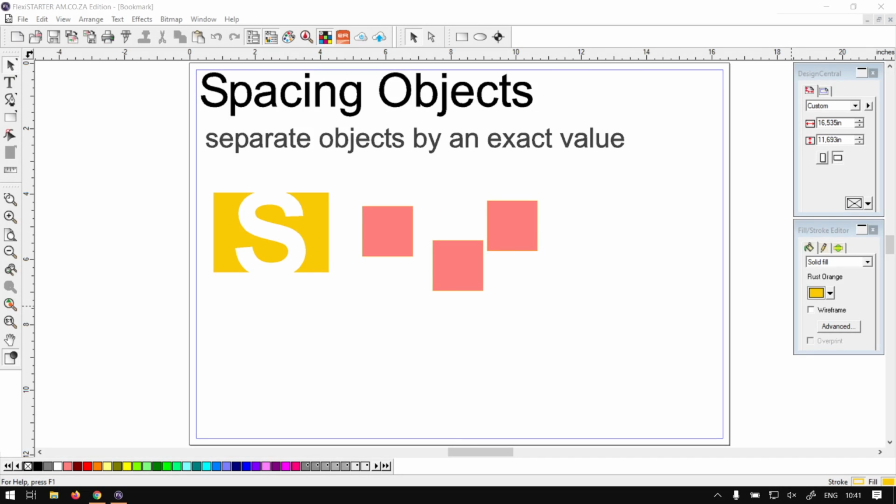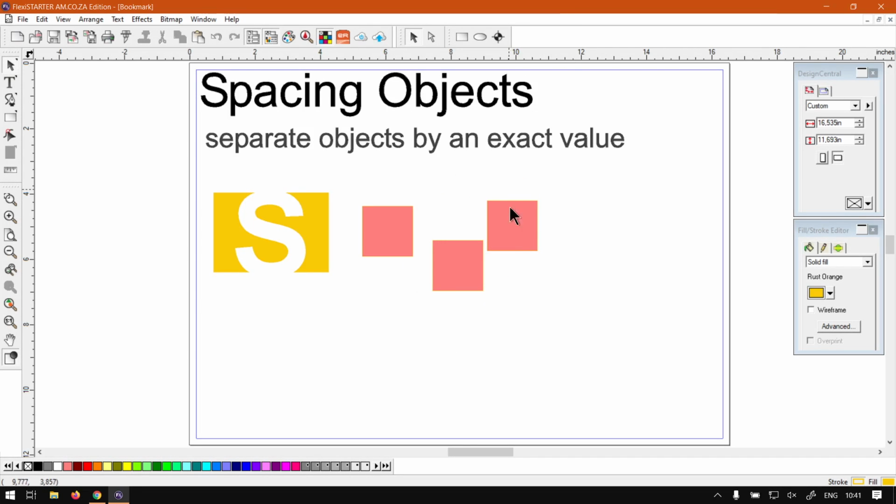Otherwise, we're back in the program here. Now, this is a great little feature if you want to put equal spacing between objects or shapes that are selected. Obviously, you can use it for different reasons in design and so forth. Now, there's a few things to cover first when it comes to the origin of where the feature is going